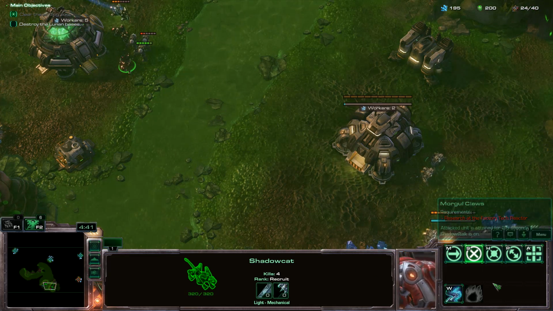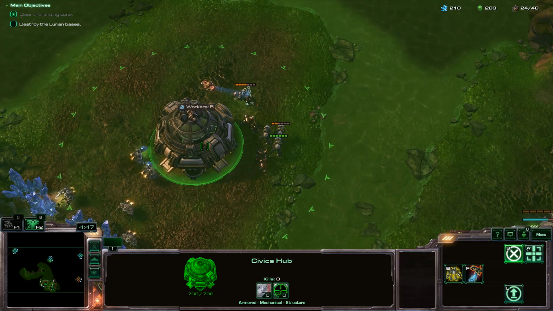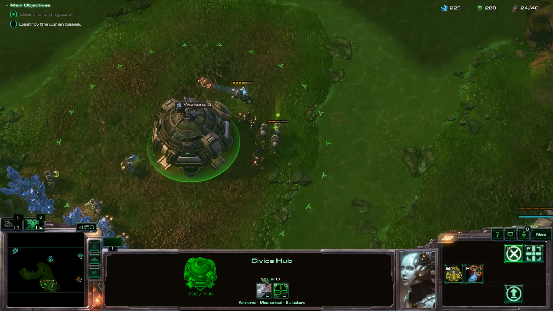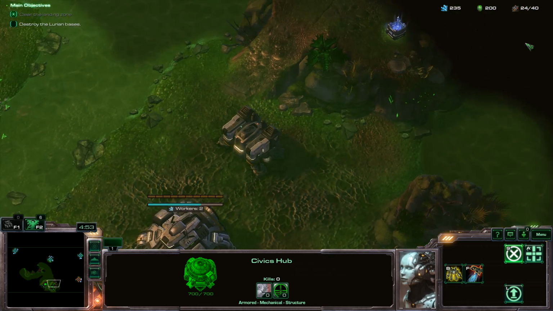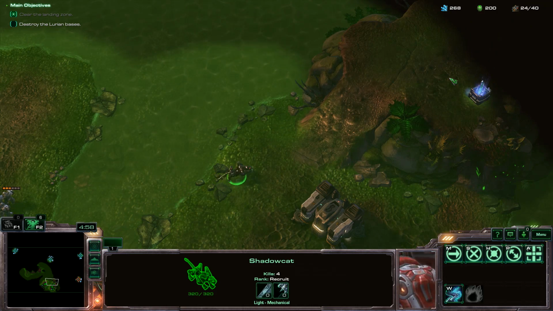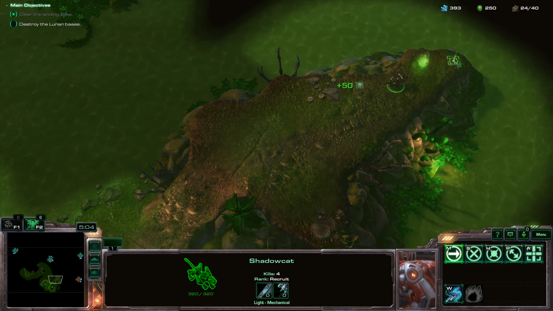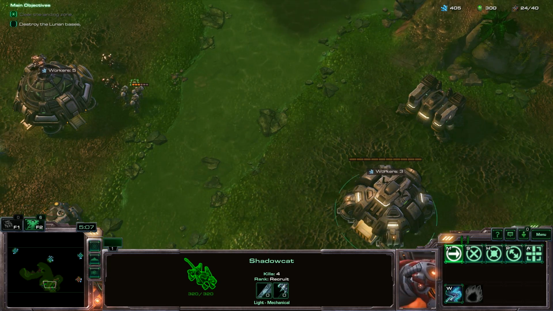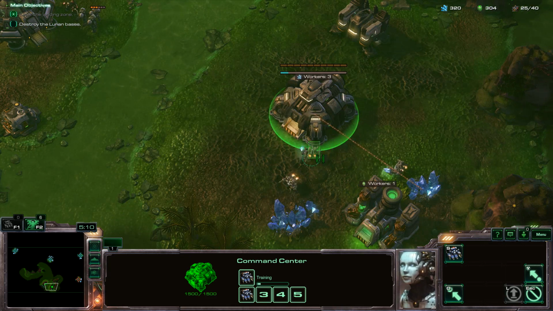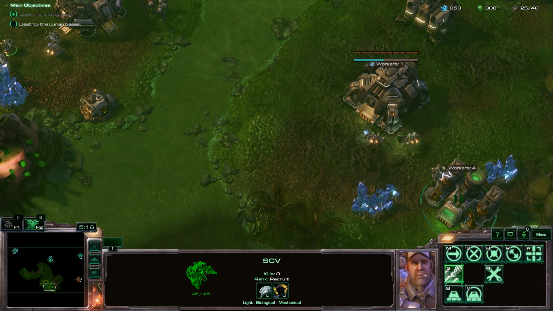It might also be worth getting a factory to get Morgul Claws first. 2.5 second stun is pretty crazy. There's our plasma cannon on top of the Civics Hub. That's cool. 35 damage is nothing to joke about. Looks like we got some money up here. Probably want to just make a lot of Shadow Cats. They're very fast, and it looks like this map is fairly large, and it's all around a big swamp. So we can wander around and see where we need to be, find some extra money, find the secret, things like that, before we